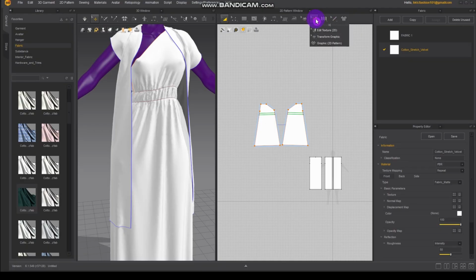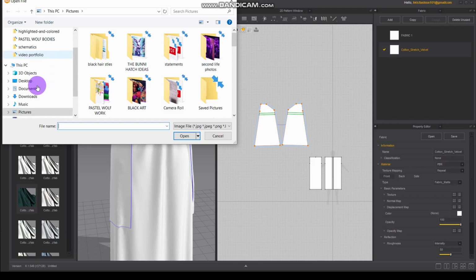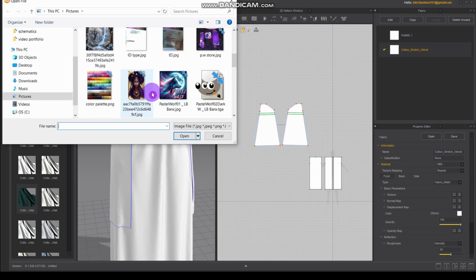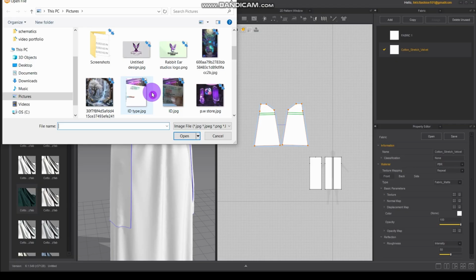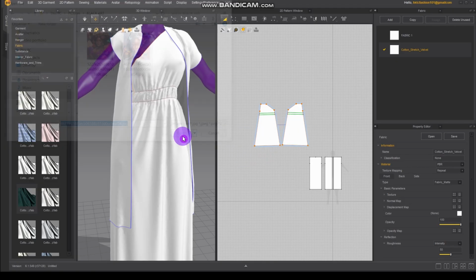and this is the fabric tab. You're going to put your cursor over that, go down to this one where it says graphic 2D pattern, left click. This is where it's going to take you to wherever you have your fabrics. So that means that you all need to start looking at downloading your own fabrics. So we're just going to go here, and then you're going to pick one. Going to open,